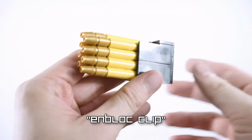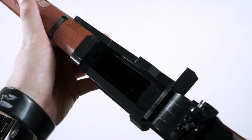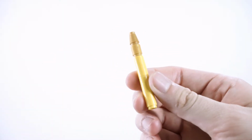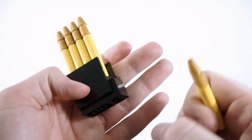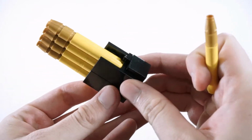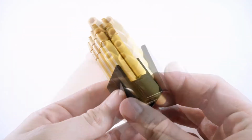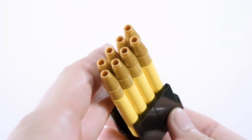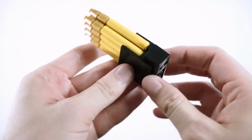And if we take a look at the clip itself, and I must add that, yes, this right here is a clip, and the inside mechanism in the Garand that holds the clip is the magazine. Anyway, this clip contains the 30-06 rounds, which, I'll be honest, I've actually had to shorten up quite a bit due to the fact that the clip part without the rounds actually takes up space where the rims of the bullets would normally rest. And the clip was built to add what I call a stacking effect, where it resembles the look of cartridges being staggered on top of one another, which you can see on the clip in real life. The clip was also carefully built to stay within 3 studs of width,